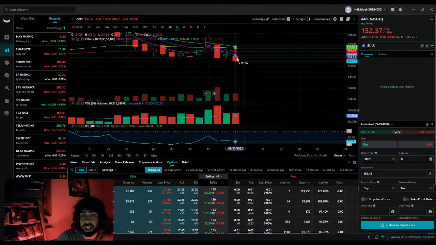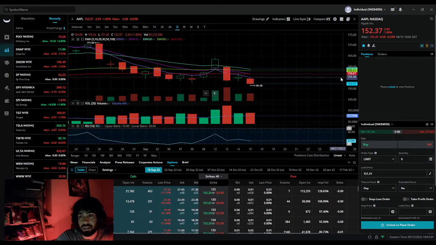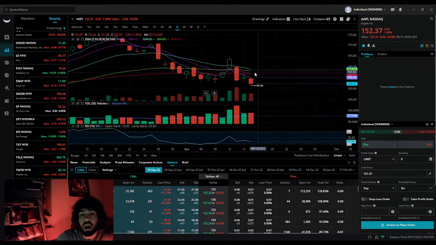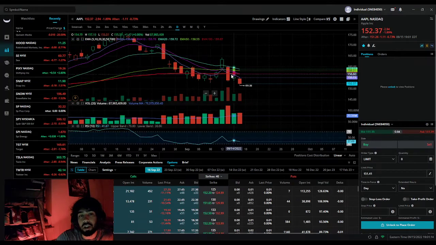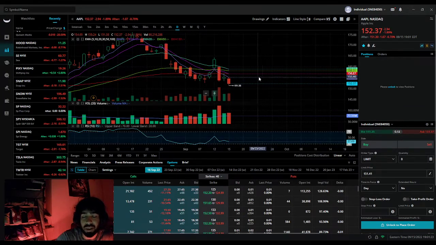Technical indicators are saying it's bearish. We have the 5 EMA. It tested the 5 EMA and obviously rejected it, and now it's down on the day. But if you look, the whole market is down itself too. The 100 EMA is not looking so good, it's still bearish. It looks like the 20 and the 50 EMA are about to cross, and when they cross, like I said, it could lead to a lot of momentum and a lot of downside basically.